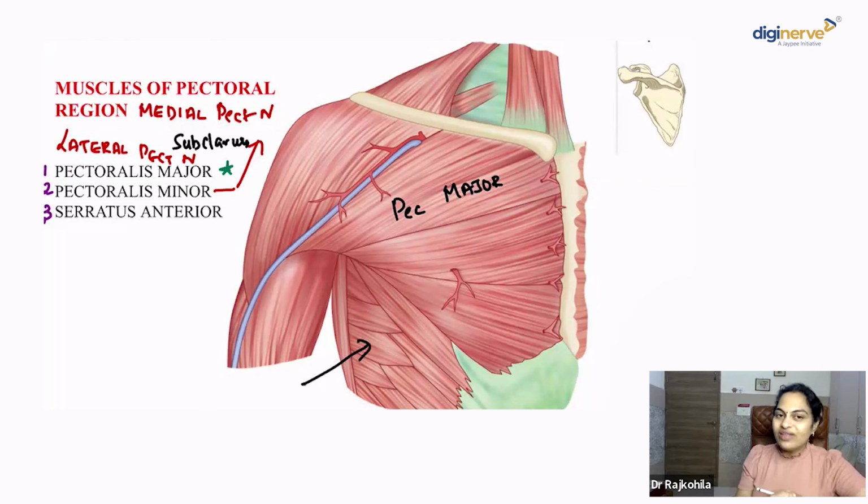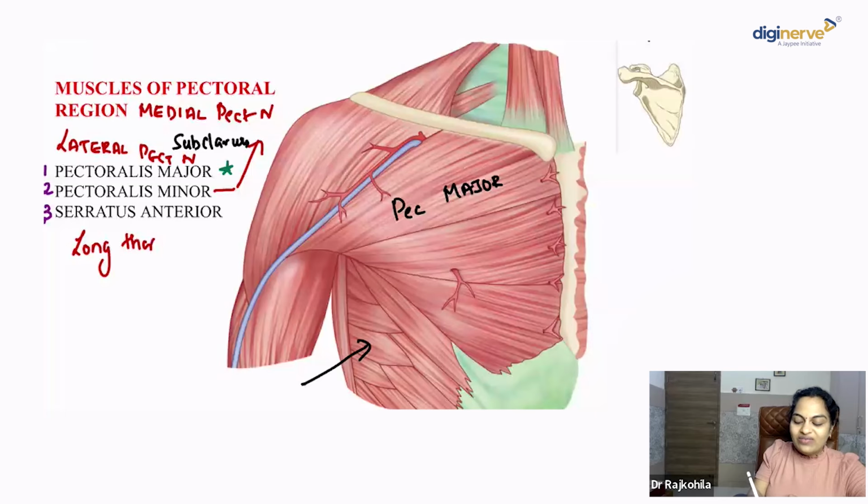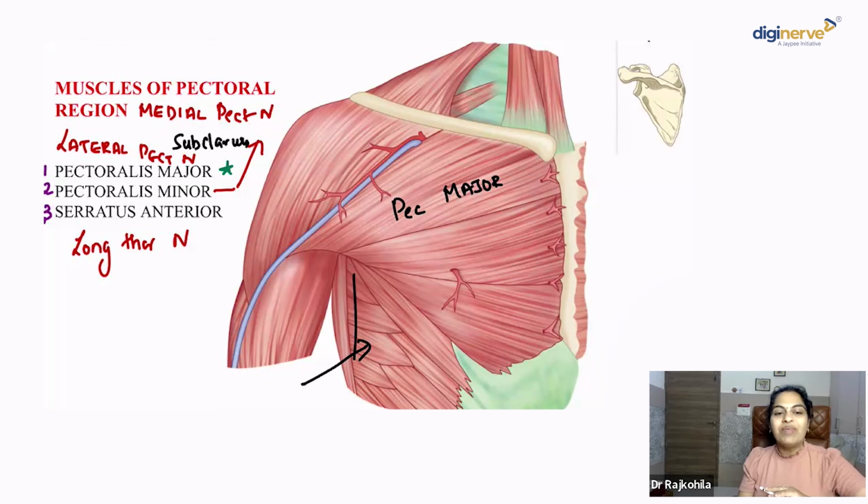In the medial wall of the axilla, or over the lateral thoracic wall, forming the bed for the mammary gland, is the serratus anterior. And that is going to be innervated by the long thoracic nerve. So, during radical mastectomy or during axillary lymph node clearance, this nerve running along the medial wall of the axilla can get accidentally injured. What will happen then?